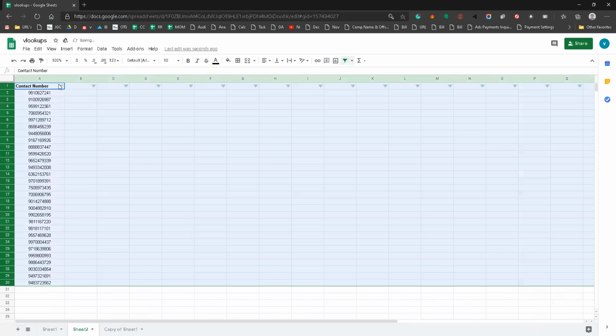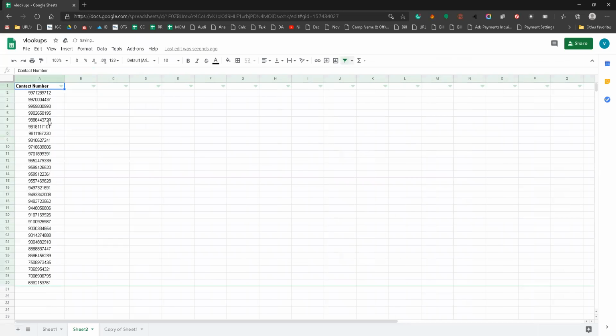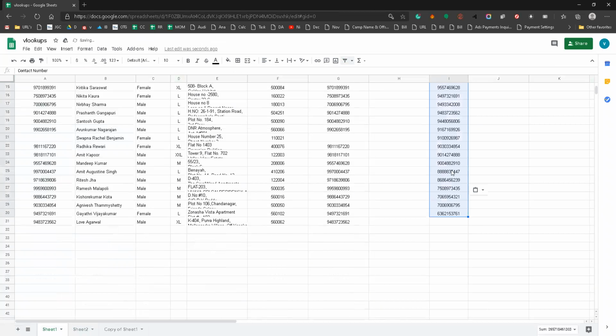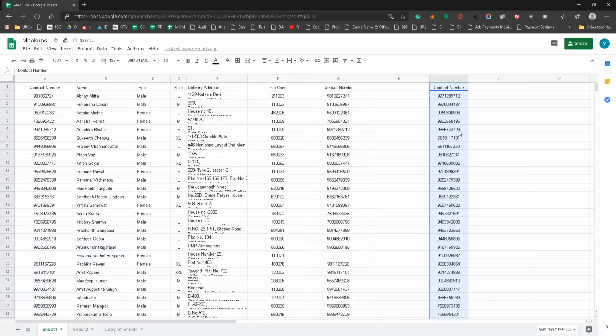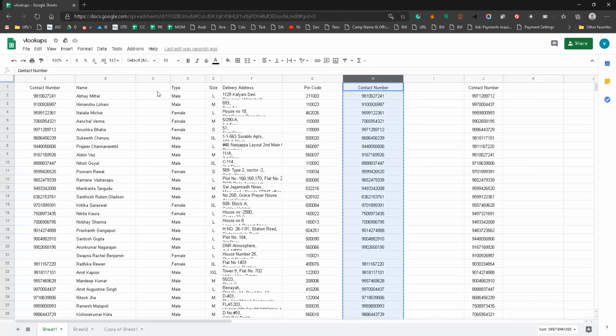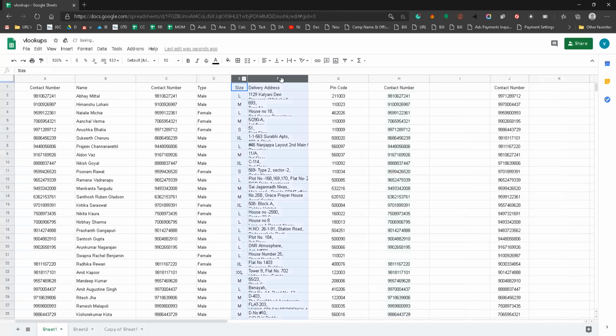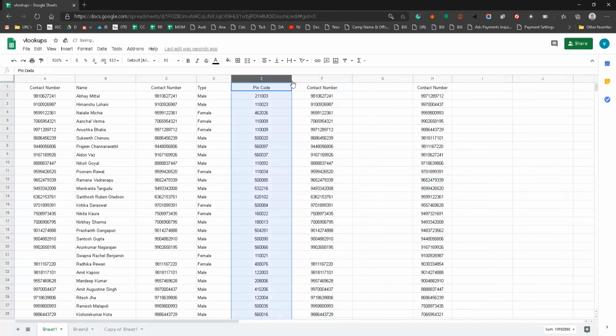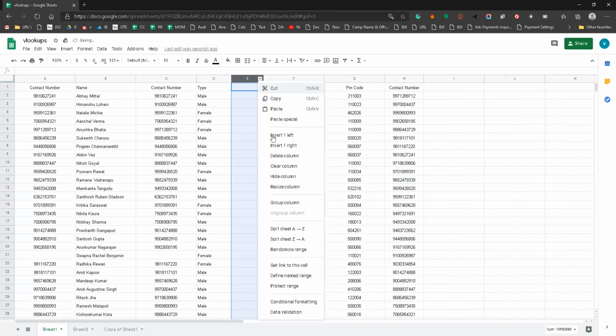So here is the data. I'm sorting it from high to large so that the data will be sorted up and down. Coming to this data, I'm pasting it here. I want to match the cases to this data. Accordingly, I'm copying the main data cell of each column to column D, and I don't need the delivery address and sizes. Accordingly, for the pin code, I'm matching to that.